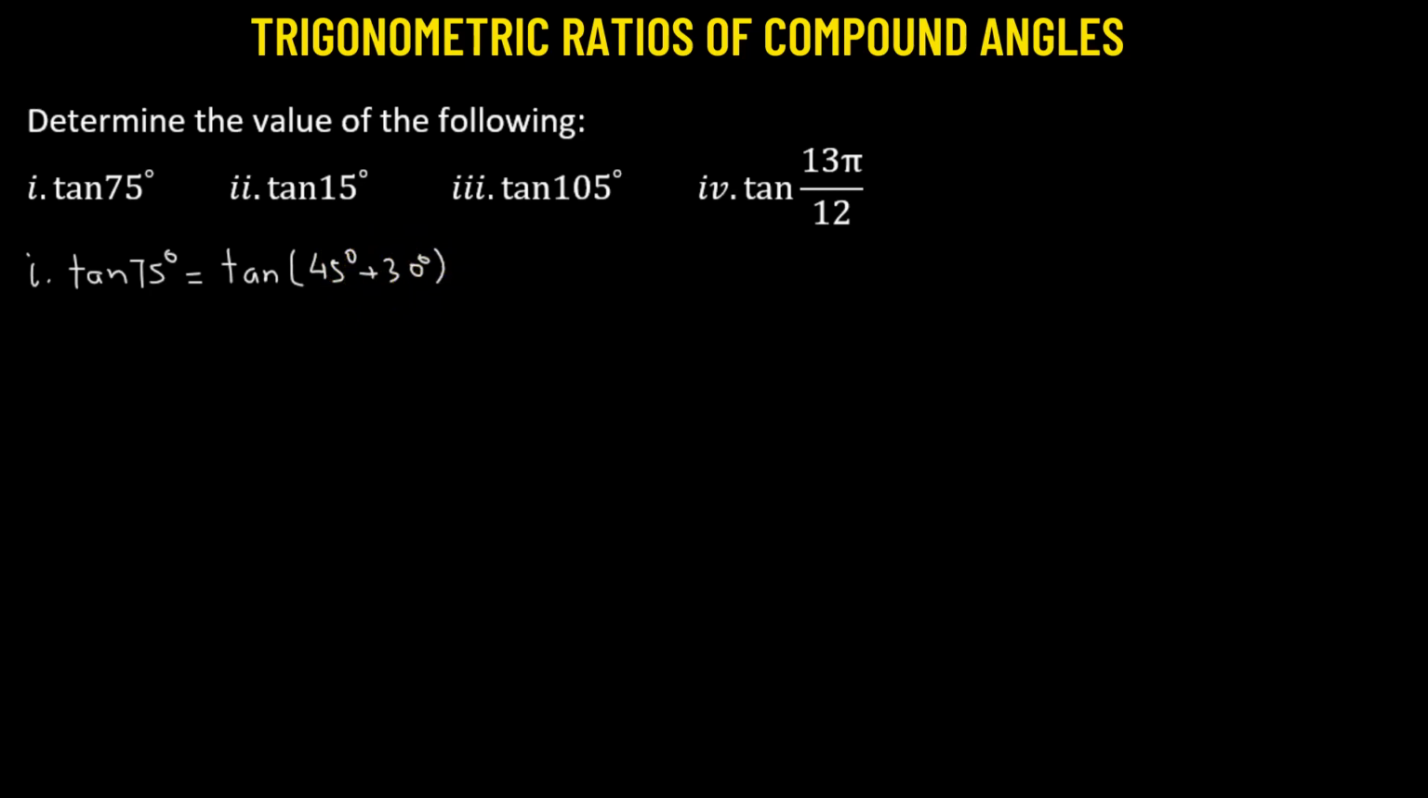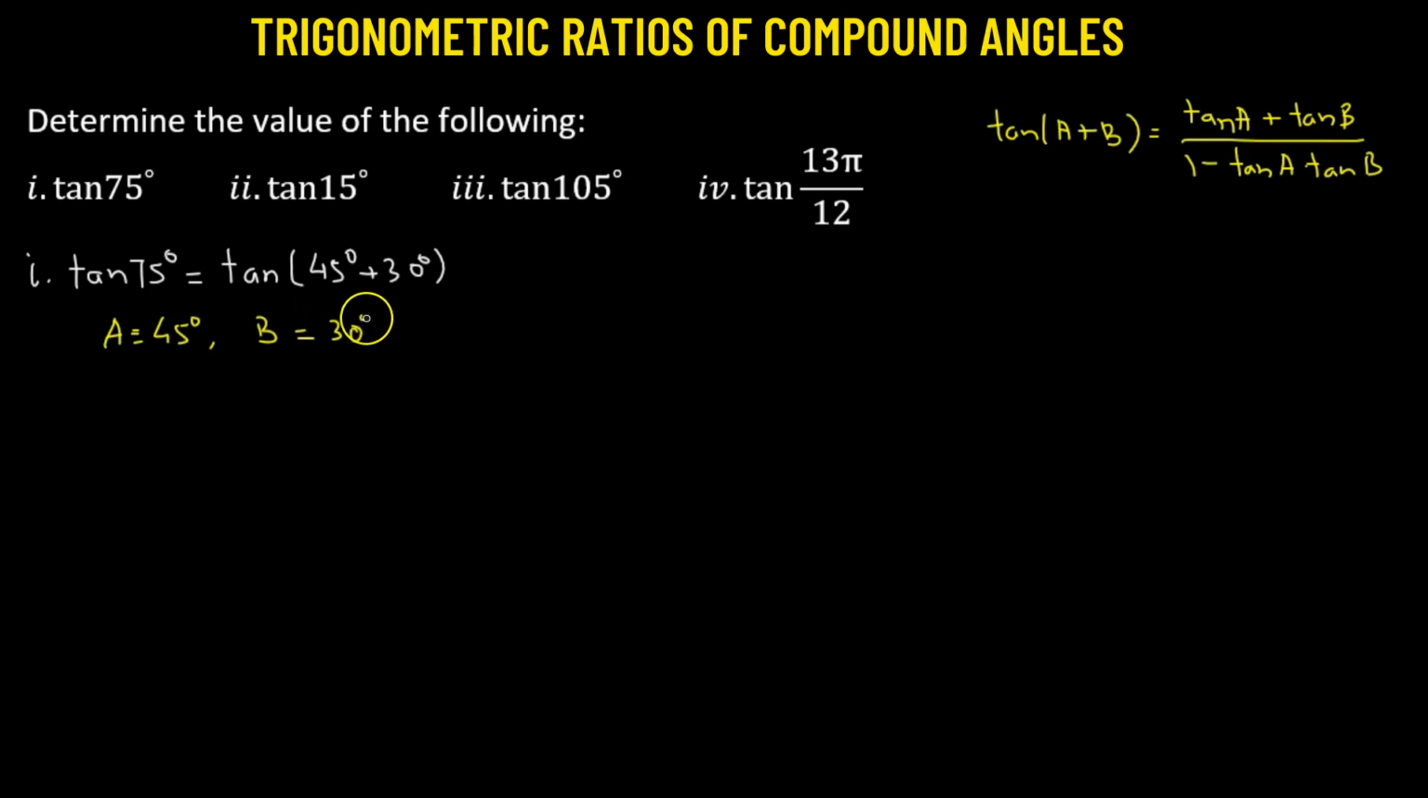The reason why we're writing in this particular fashion, because we know that tangent of A plus B, this is a compound angle, which is the sum of two angles. This can be also expressed as tangent of A plus tangent of B whole divided by 1 minus tangent of A multiplied to tangent of B. So if we consider A to be equivalent to 45 degrees and B, angle B, is equivalent to 30 degrees,